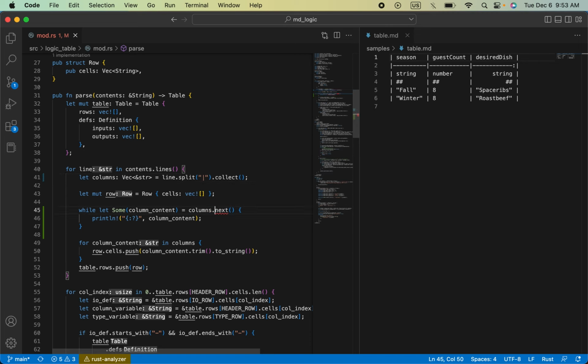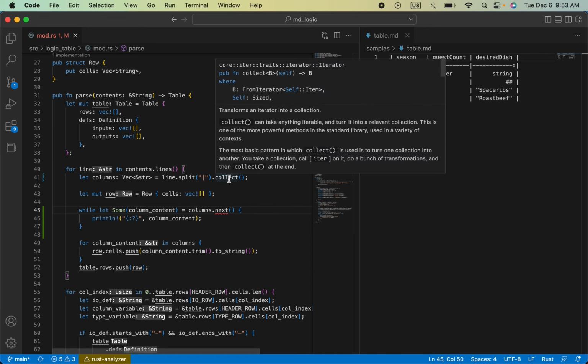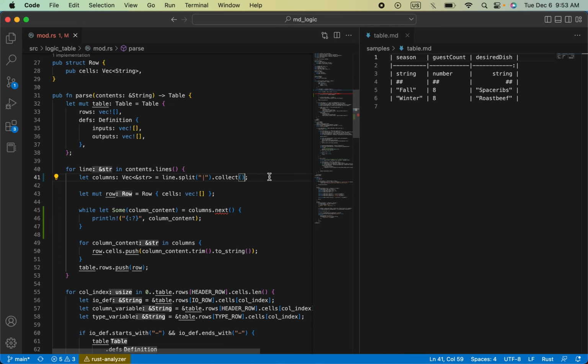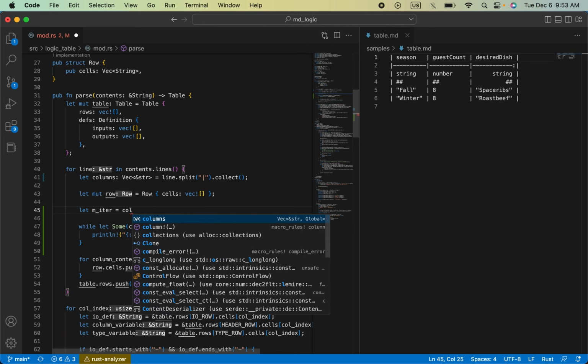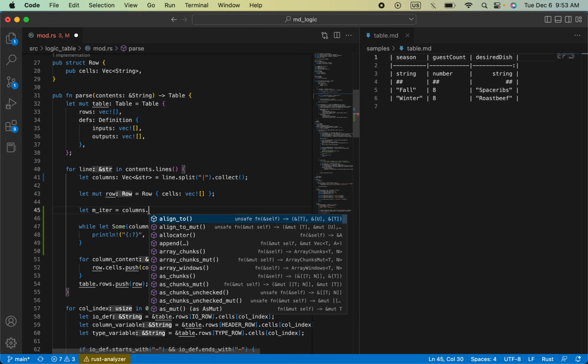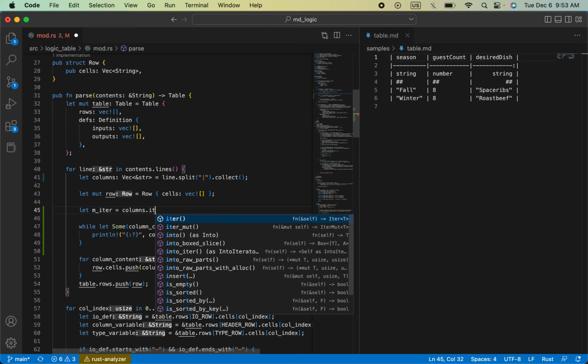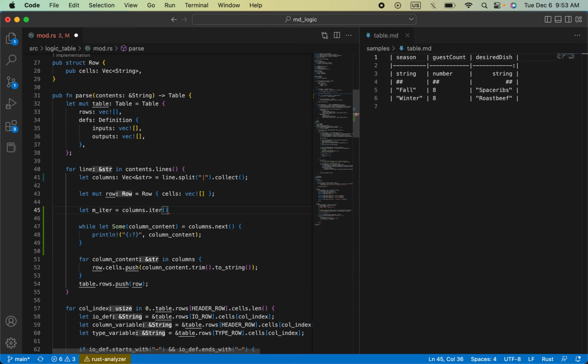Iter, collect, and yeah, maybe now I can do the iter. Let iter equal to columns iter. So this is an iterator of strings, and while the iter,